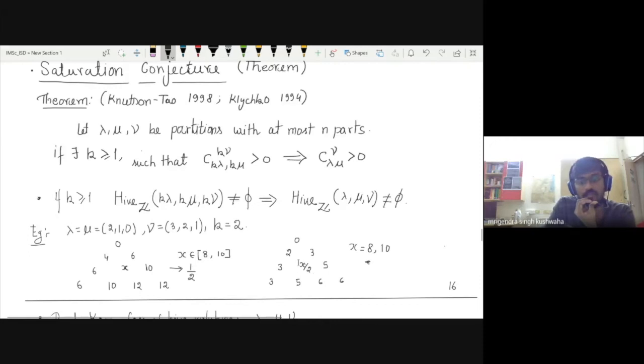But the inner vertex is not sure to be divisible by 2, right? It is x by 2. So you have to find the correct x such that it is divisible by 2. So for 8 and 10, it is divisible, so it has two solutions. But here 9 is also possible, but here 9 is not possible. Okay, so it's not clear that if this is positive, then this will also be positive. But the reverse direction is clear. You can always scale, but you cannot divide.